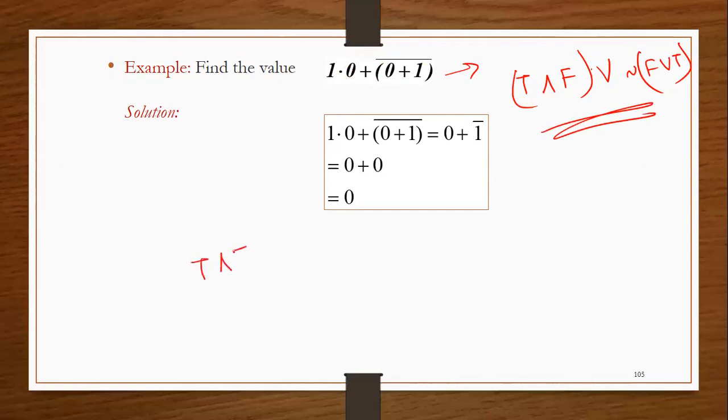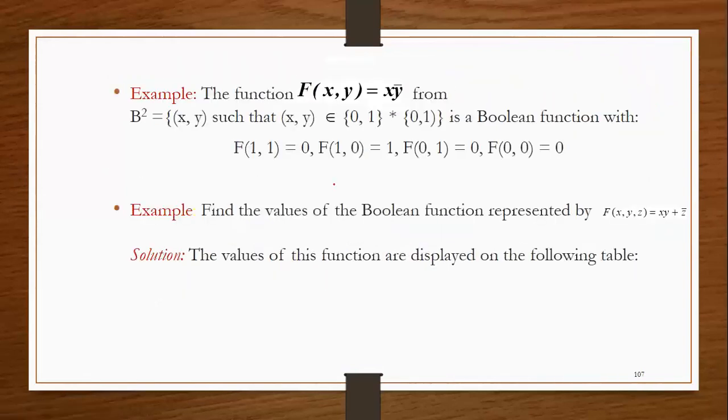Similarly, can you translate this: true and true or negation false is equivalent to true. This can be written as 1, logical and is written as Boolean product, then again 1, or is plus, negation of false will be complement of 0, which will be equivalent to 1. So 1 into 1 plus 0 complement, again 1, which is equivalent to 1. Now after that, let's see another example.